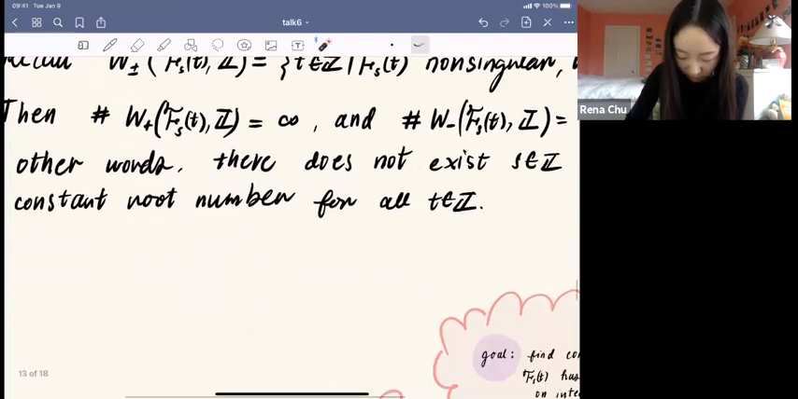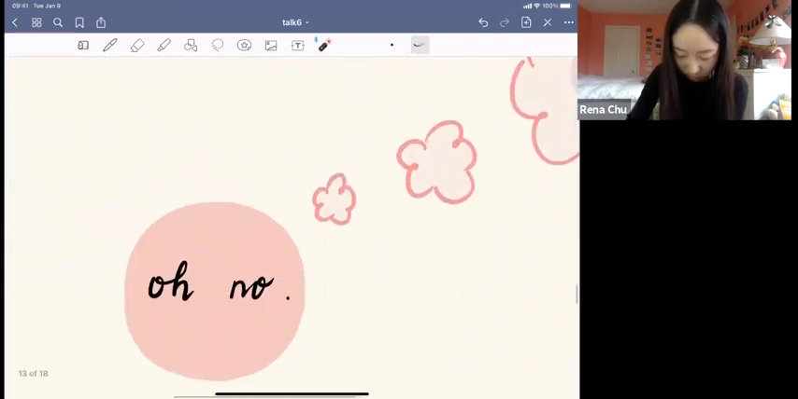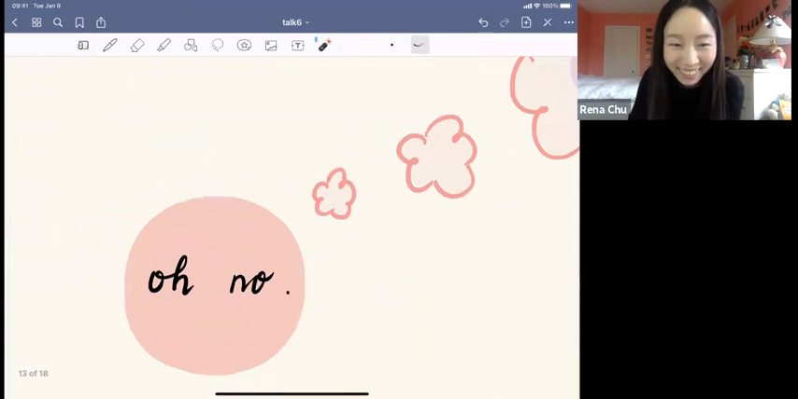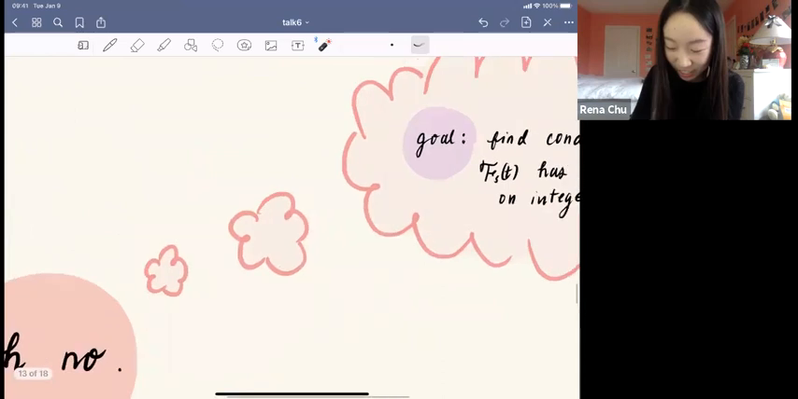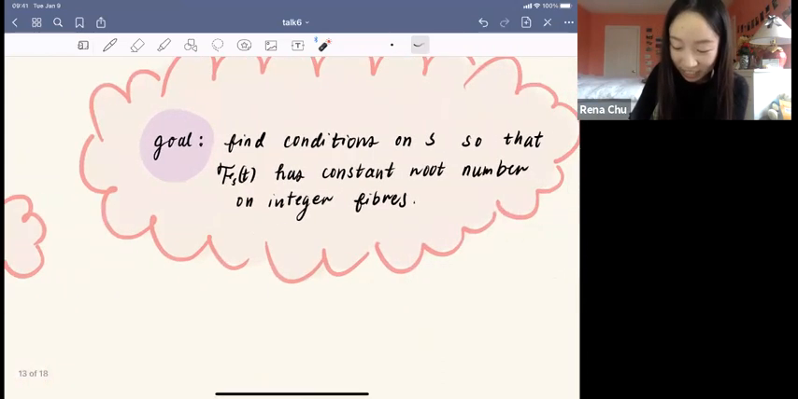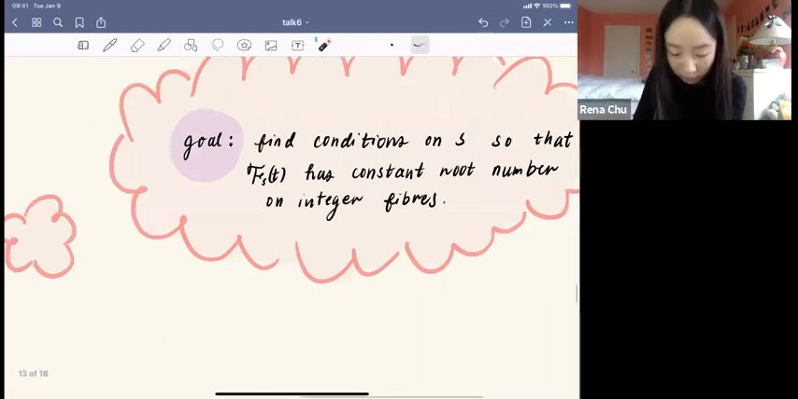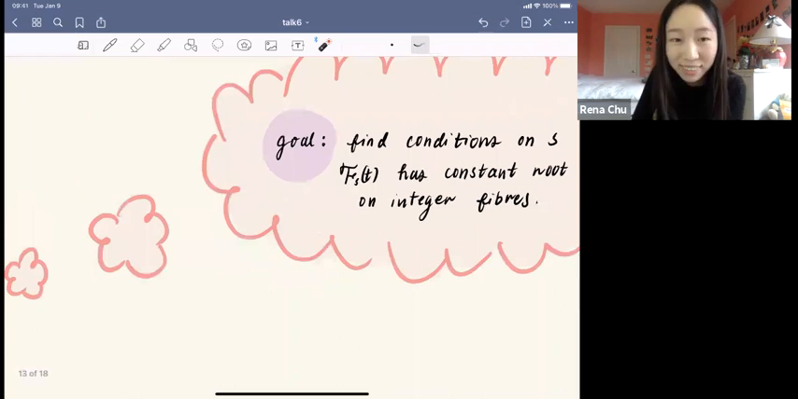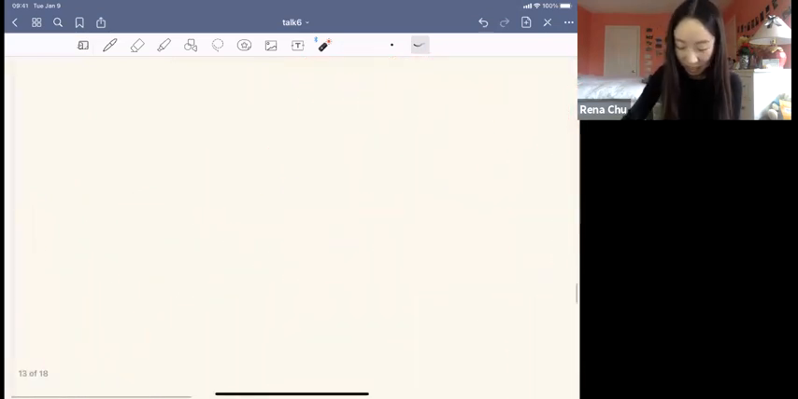So it seems like we are in deep trouble and that we've hit a dead end, because if you recall just a moment ago, what was our goal? Our goal was to find conditions on S so that the family has constant root numbers on integer fibers, but our result is telling us that there does not exist any such S. So it seems like we have failed, but